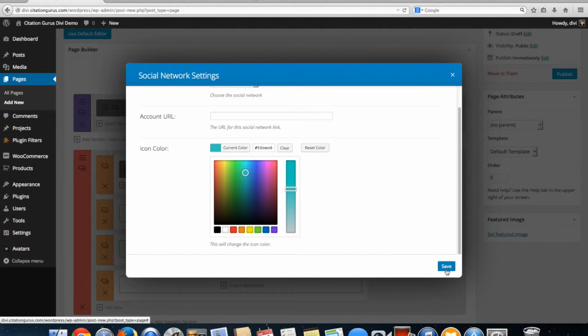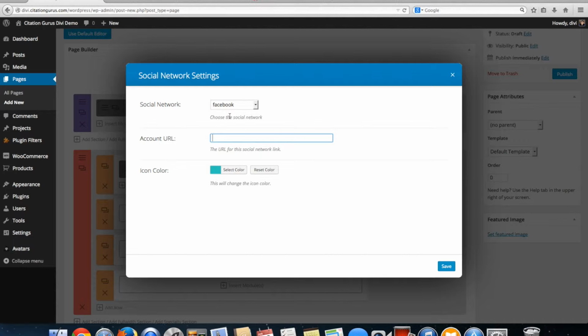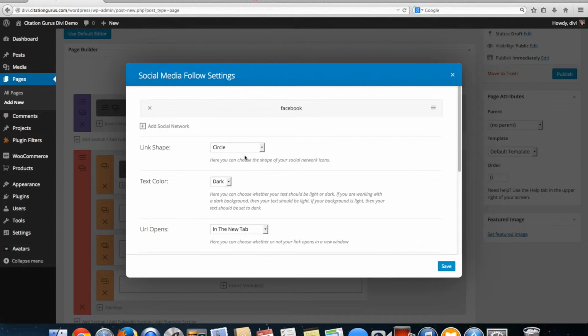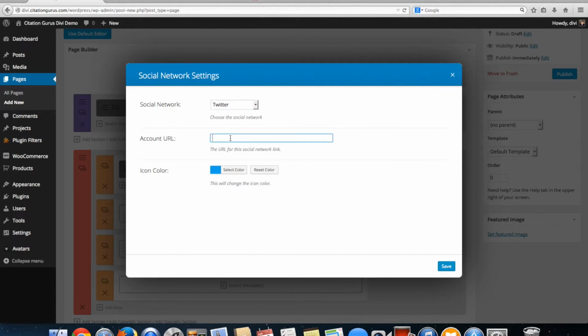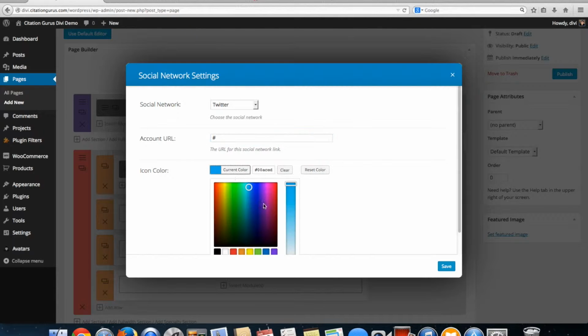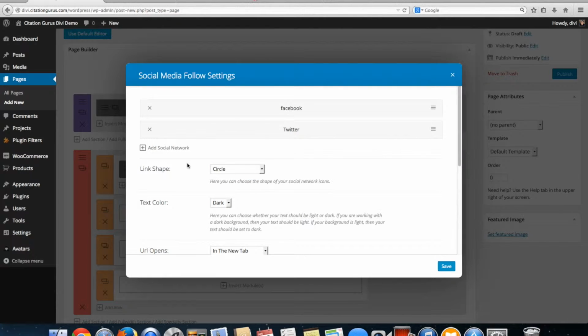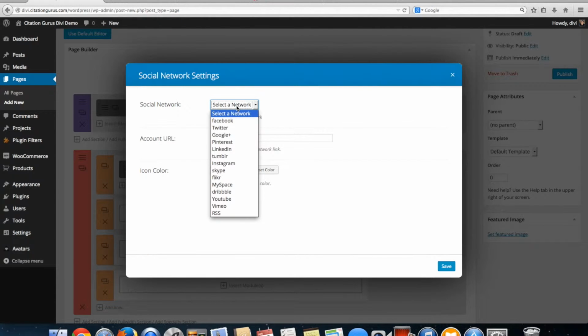So account URL. For now, I'm just going to put this in, but this is where you would put your account URLs in for all of your accounts. So Facebook, Twitter, Google Plus,